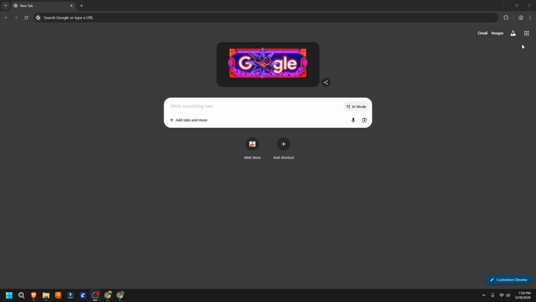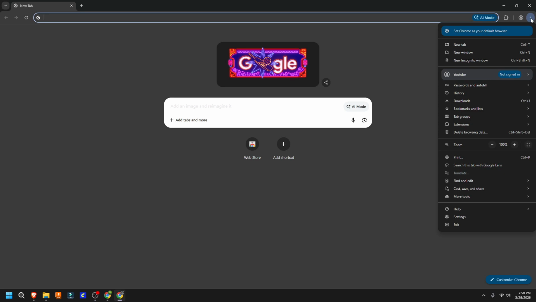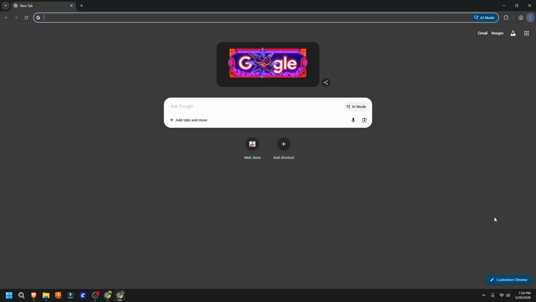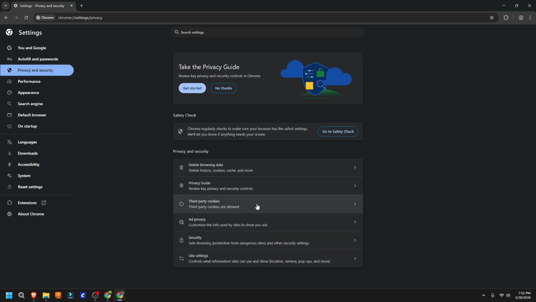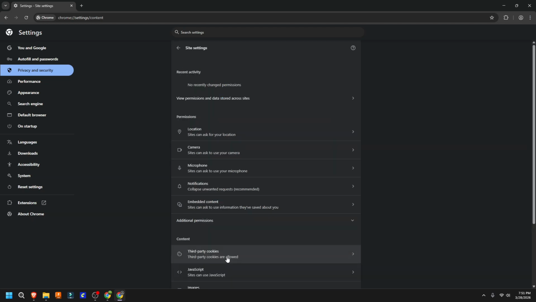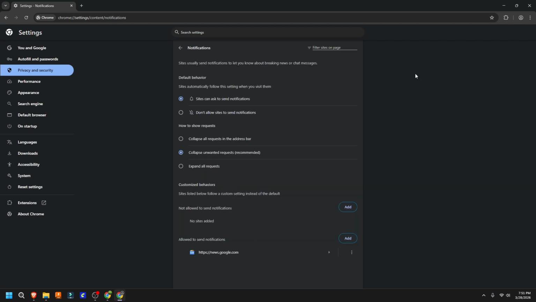So for that, you have to go to this three dots on the top right corner, then come to settings. Here you will see some options and you have to select privacy and security. Click on it and then go to the last option, site settings, and here in permissions you will see the notifications. Click on it and then you will see here are some default behaviors, like if some sites want to